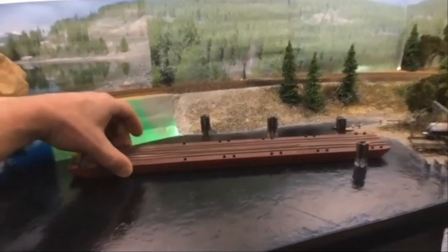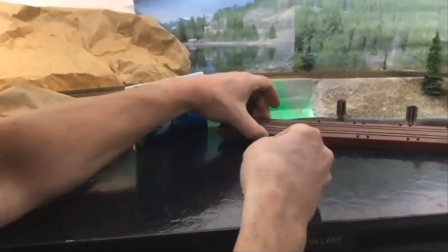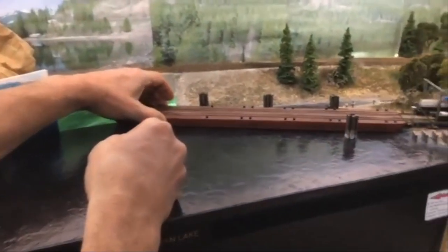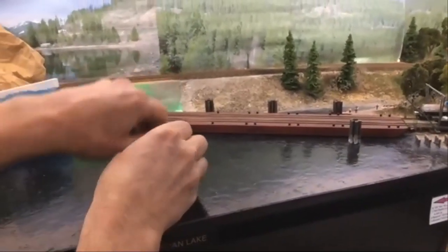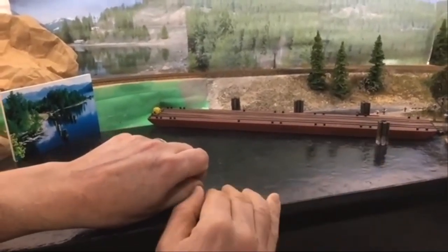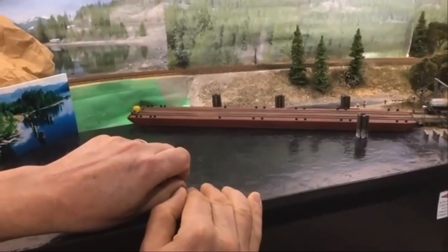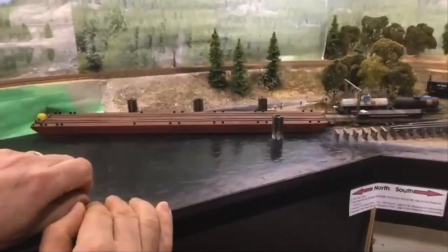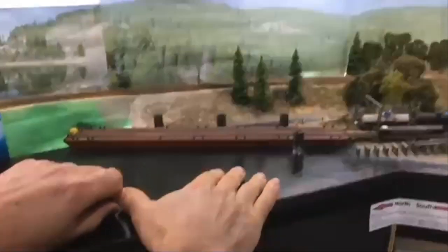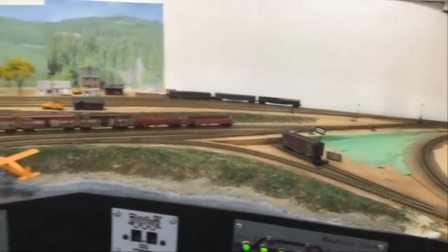Power is transferred to these copper wipers, brass wipers, on the back of the barge, and they contact metal pilings, which provide also mechanical indexing. And then the slips are actually made out of soldered brass, so they're nice and strong. So we don't have touch wood, we don't have anything damaged during operating sessions. So the train is unloaded from the barge, backs up into the yard. There's actually a hidden staging for the new damper that penetrates the backdrop. And then the train runs over the Summit Lake